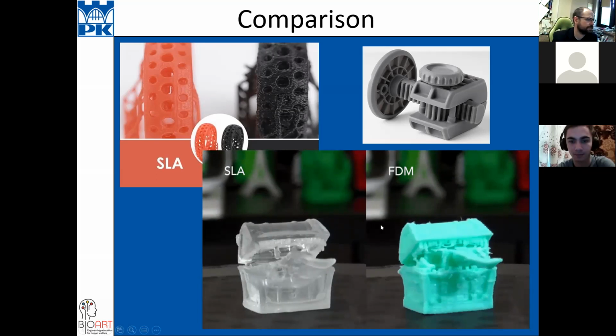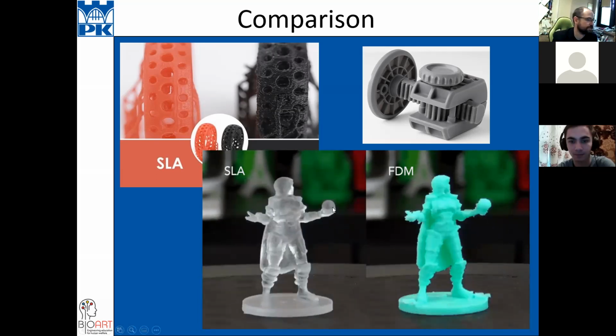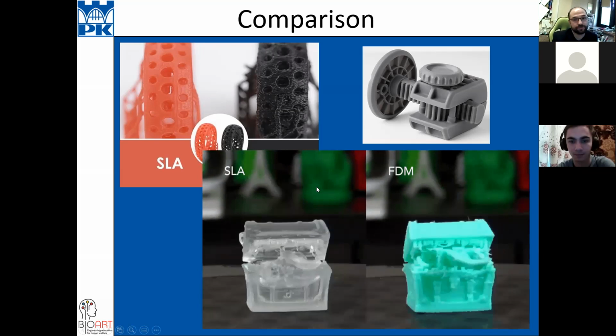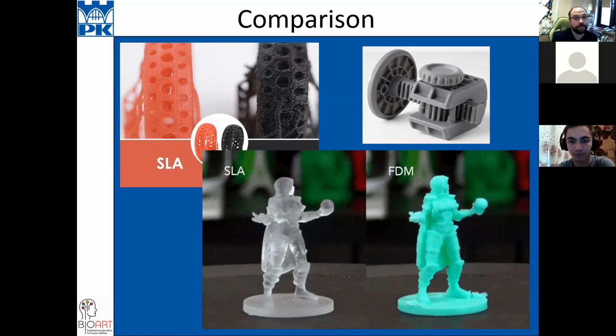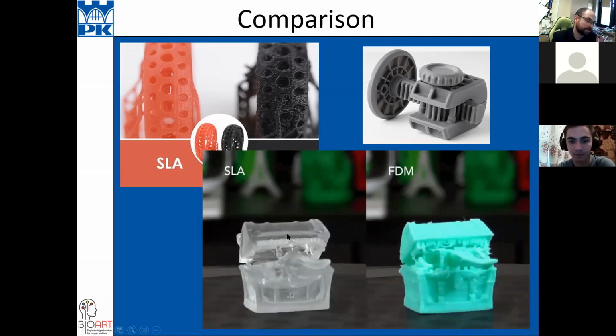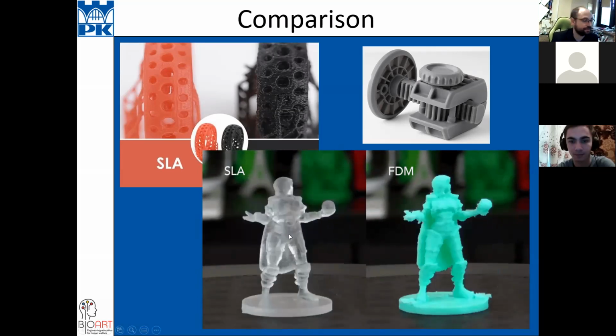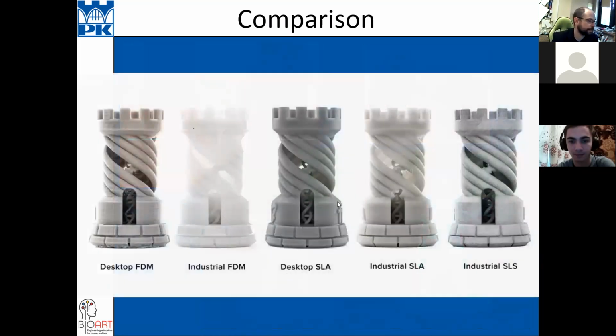But this is a commercial video from the internet, from the company that produced the SLA printer. Yeah, that's why they must show the FDM like this. Oh, this is a very bad technique. Don't believe this. But okay, it's right that the surface quality is much better on SLA, not on FDM. Of course, here you have some comparing between desktop FDM and industrial FDM, but you see how you can compare these two things on this photo.